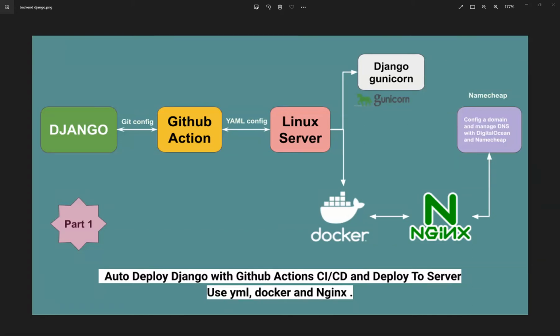Today we want to create our Django project. In this project, we want to first create a simple Django template, and then push our Django template to our GitHub, and then configure our YAML file and create our runner action from GitHub to our DigitalOcean server, and from the server we want to create our Docker file, and configure our Nginx